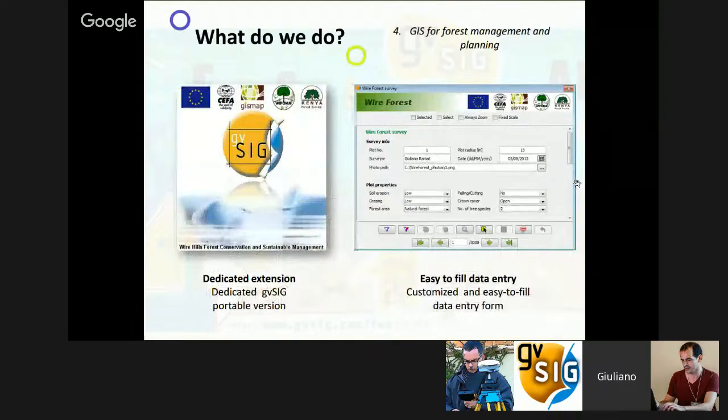So on the GIS side, we implemented a dedicated gvSIG portable version because we saw that the portable version is much better than the normal one for this tool. So we did not have to install the standard version, we just copy and paste the gvSIG portable version, and we